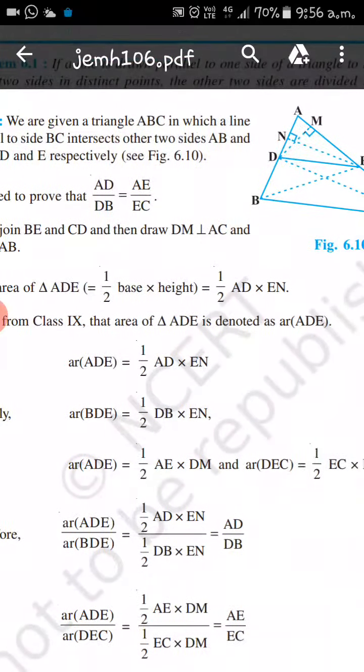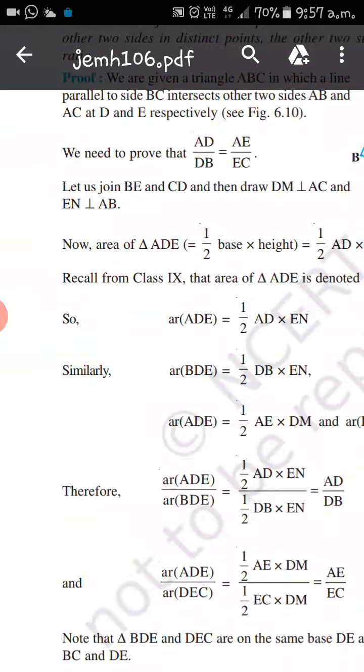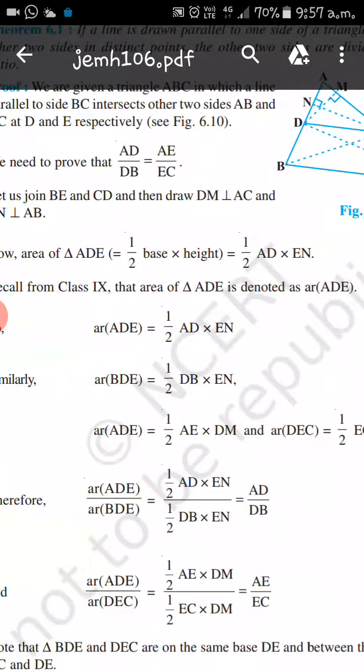Now area ADE is equal to half AE into DM, and area DEC is equal to half EC into DM. Now we have to divide area ADE by area BDE: half AD into EN by half DB into EN. Cancel half in the numerator and denominator, and also EN and EN. So what we get is AD by DB,